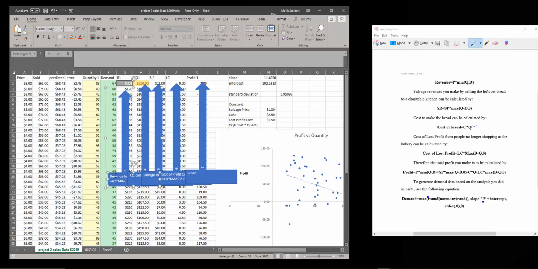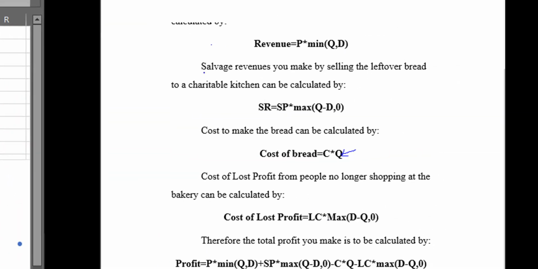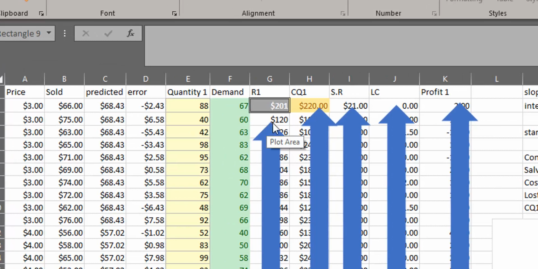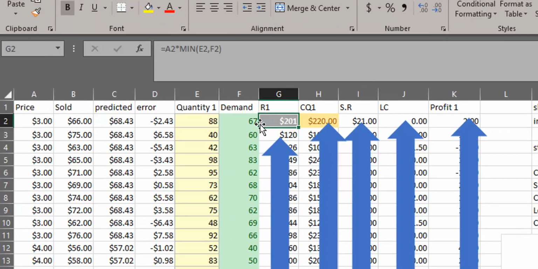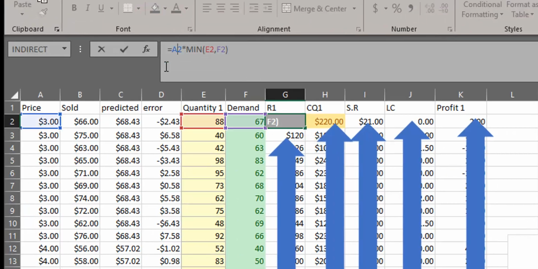So the third thing that I want to be able to do is this revenue function here. And the revenue function is actually pretty straightforward. So we have the revenue equals the price times the minimum of Q and D. And remember, Q is the quantity. So really all I need to do here in this revenue function, and this is the revenue R1, just as it says, the revenue equals price, which is price here, right? And then that's going to be multiplied, as you can see here, times the minimum